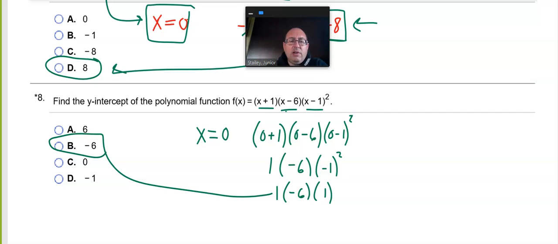they go, oh, I don't know, maybe it's -1 because that's the last number. Okay, well, that's not what we did. We plugged in 0 for x. And if you plug in 0 for x here, here, here, and then start simplifying it, you realize you get 1 times -6 times 1, which is -6, which is why answer choice B is the correct